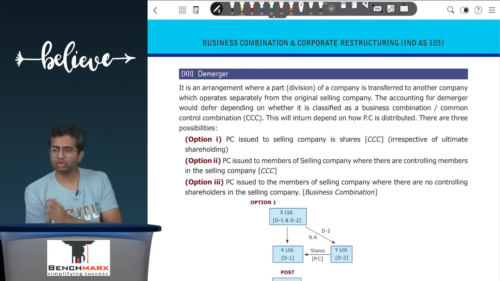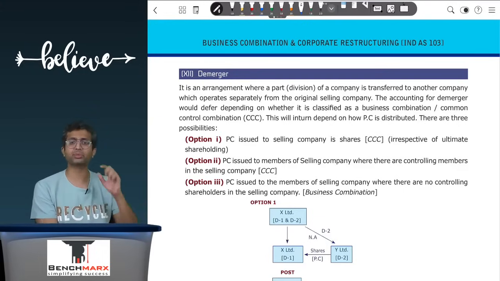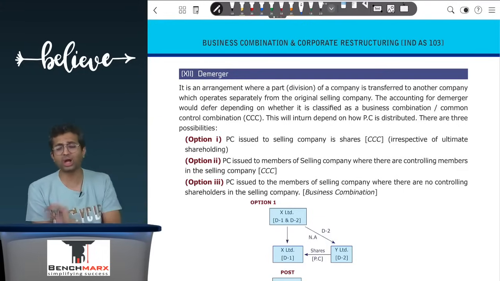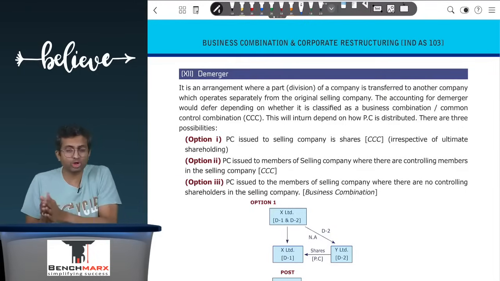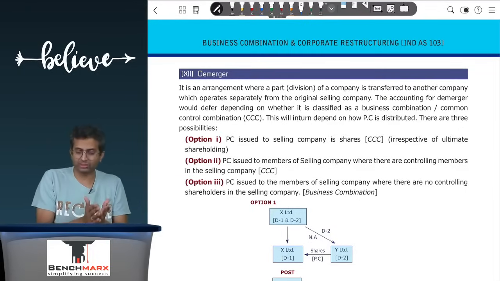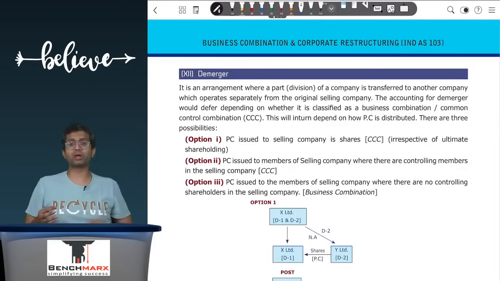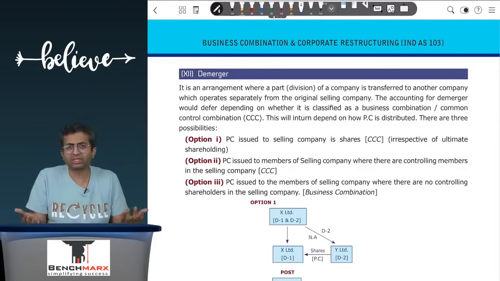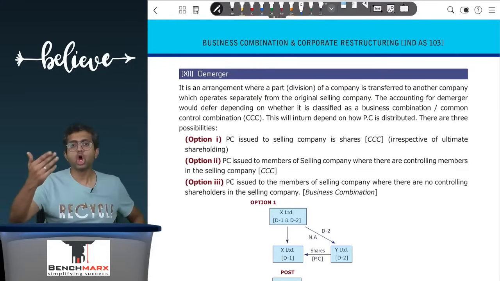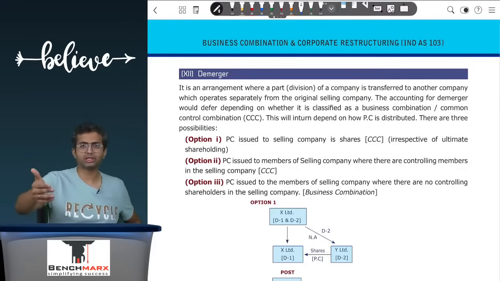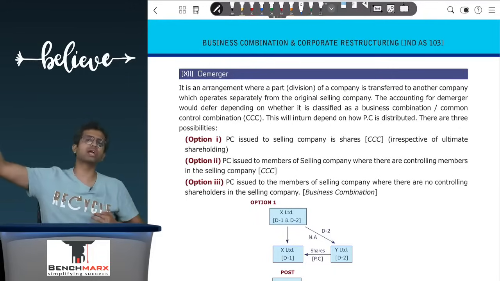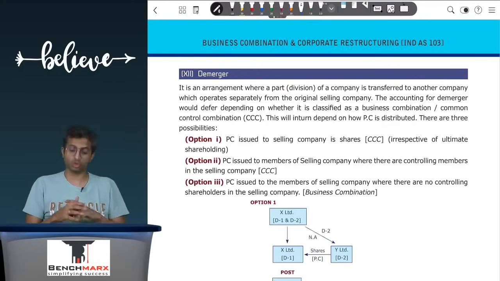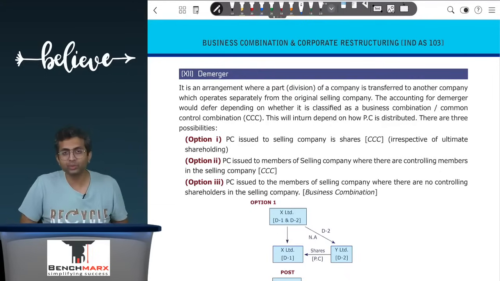So, if Y issues consideration to the selling company, that is X Limited, now X Limited will own all the shares in Y, and hence Y will become a wholly owned subsidiary of X. So the division D2, which was pre-combination controlled by X Limited, post-combination is now controlled by Y Limited, but Y Limited acts as a wholly owned subsidiary of X Limited, and hence, in this case, where shares are issued to the selling company directly, the control of D2 still continues to be ultimately with X only, and hence it is a common control combination, even though legally Y is now owning D2.